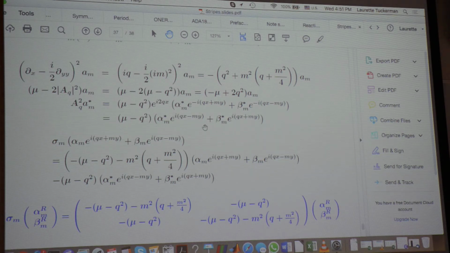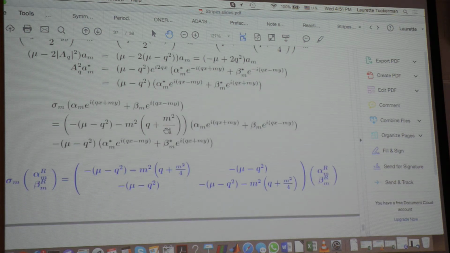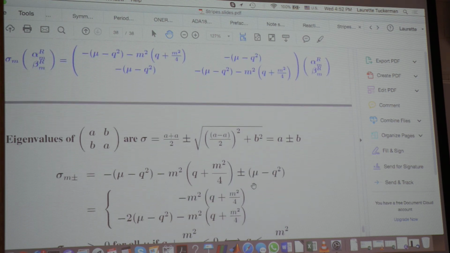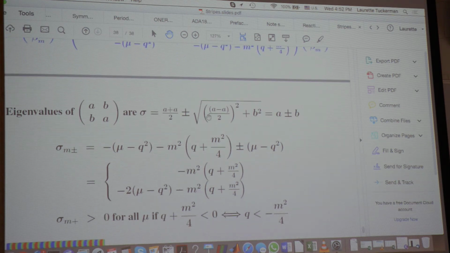But then we have the flipping term that's over here, and that gives us a matrix. These terms here live on the diagonals, and these terms here live on the off diagonals. And again, we're going to find the eigenvalues of this 2 by 2 matrix, which is not as hard as it would seem, because all you have to do is average this, and since they have the same, it's just this, and then we're going to take the difference, and that's going to be 0, and then we're going to take this. It's written down here. So we end up with the eigenvalues, very simply,